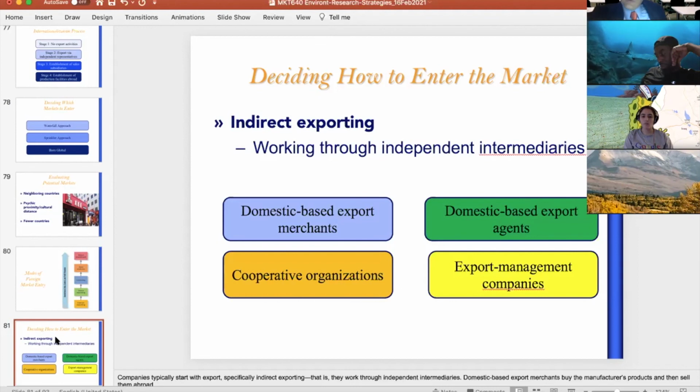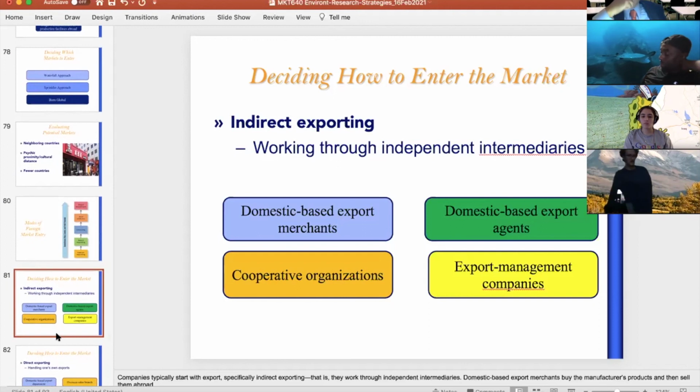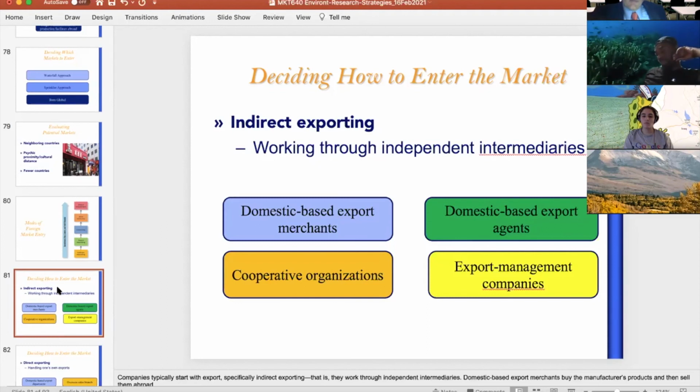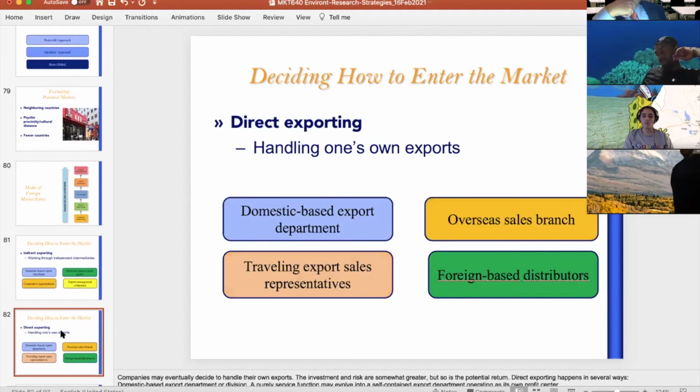The pros and cons are the risk that each one of these is taking: the risk in buying the product, the risk of having inventory, the risk of the fact that you'll have a contract with them, which is going to be harder to break if they buy product versus if they don't. There's a different timeline. There are different expenses. Some will have very little expenses, but you'll have very little control. Usually the ones with the most expenses are the ones where you have the most control. But you're still not in that market. So that's when you need to do direct exporting.